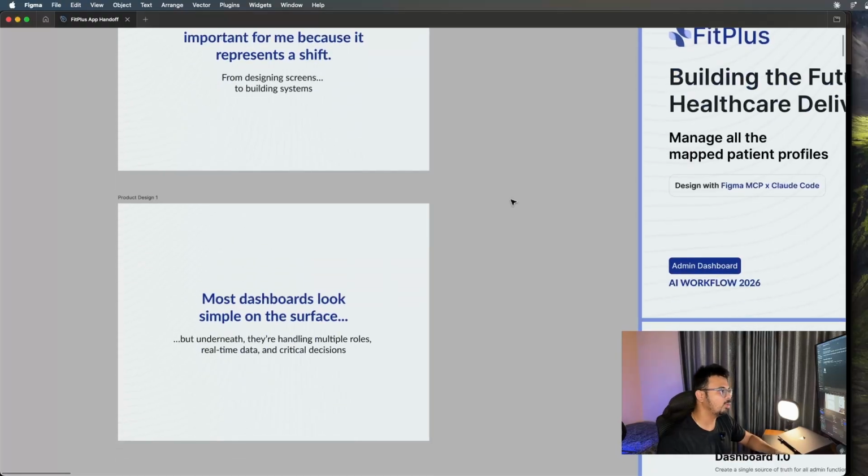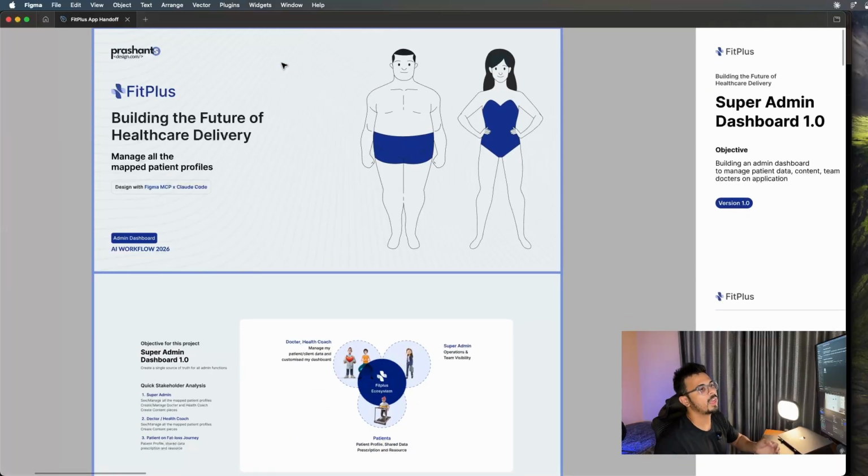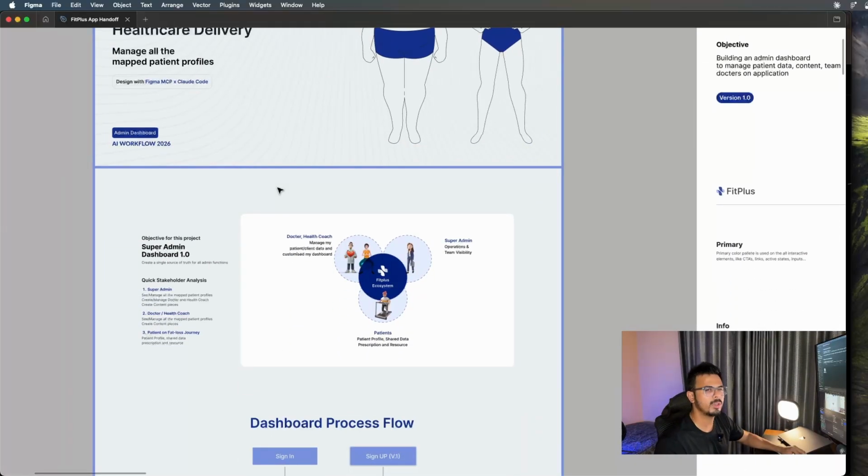Most dashboards look simple on the surface, but underneath there are multiple roles and multiple data revolving around the core users, and you need to take a critical decision after scanning the data quickly. In this case study, I am building a dashboard for the super admin,